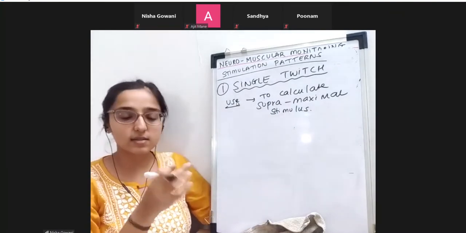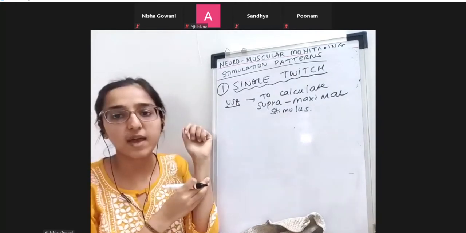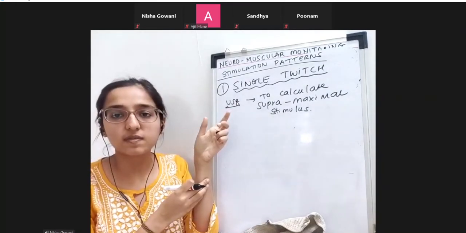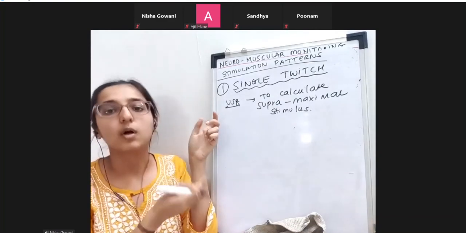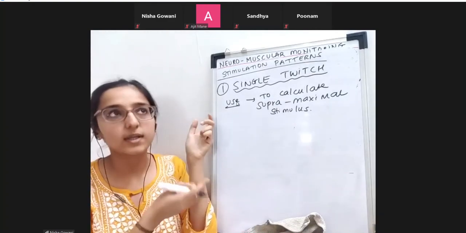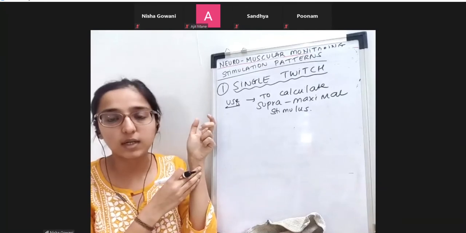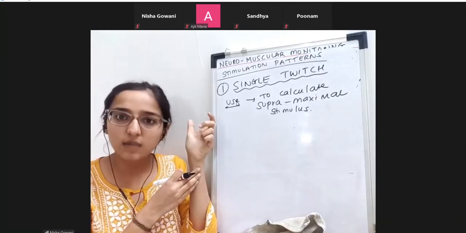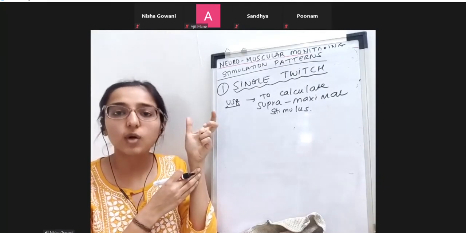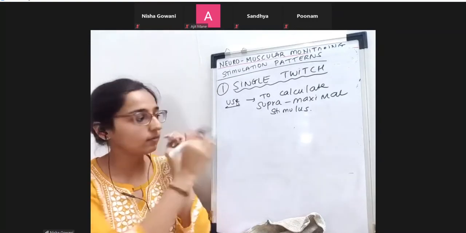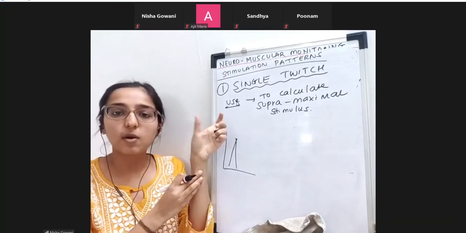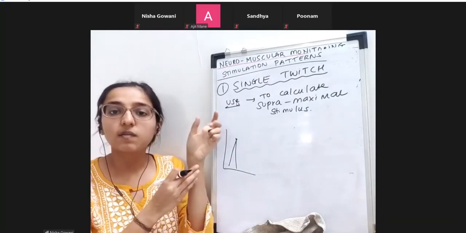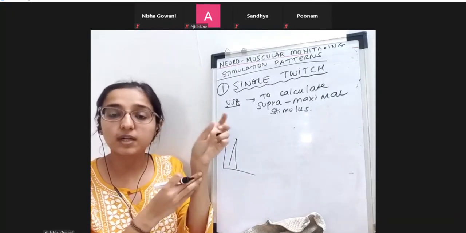So if I give a current over here, suppose 5, I got a contraction which is very weak. Then again I gave 10, then it became a little stronger. Then I gave 15, it became stronger. Then I gave 20, stronger still. Then I gave 25, and after 25 the intensity of the contraction, the height noted in that graph, is now the same. From 25 current, I went to 30. From 30 current, I went to 35. From 35, I went to 40.